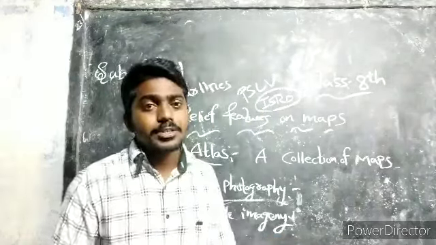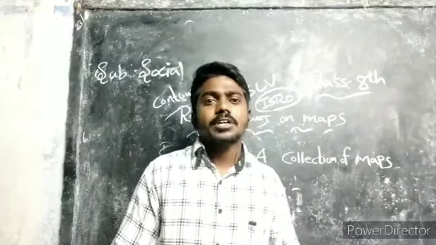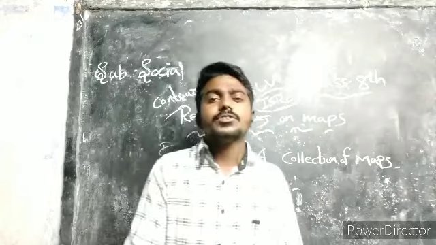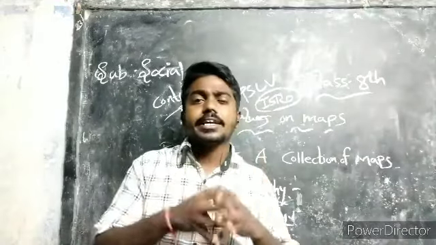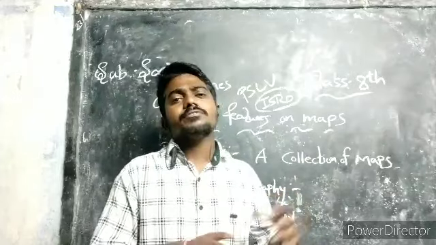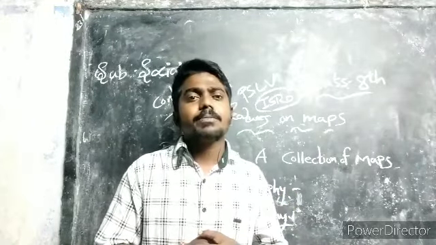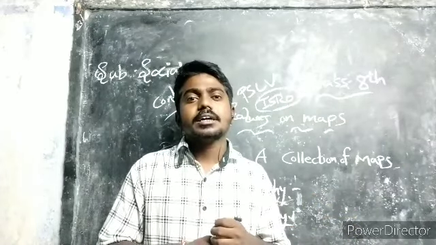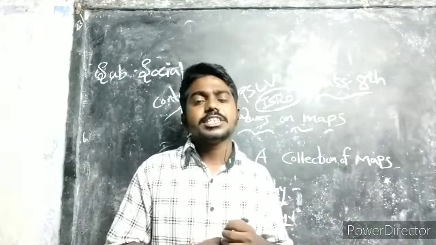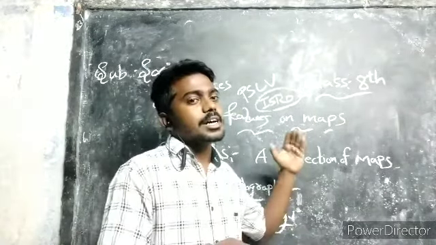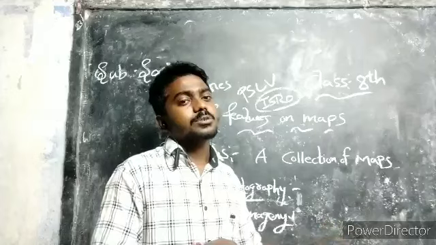Okay, again about Al-Idrisi. The Arab scholar Al-Idrisi prepared a map in 1154 CE for his king. He gave complete information about Eurasia and the northern part of Africa, but he did not give information about southern Africa and Southeast Asia. And he made a mistake: he showed north at the bottom of the map and south at the top.